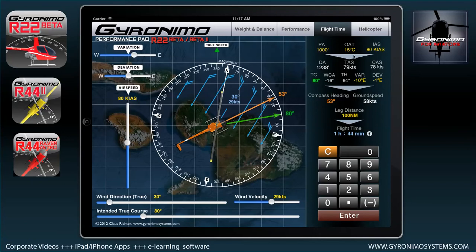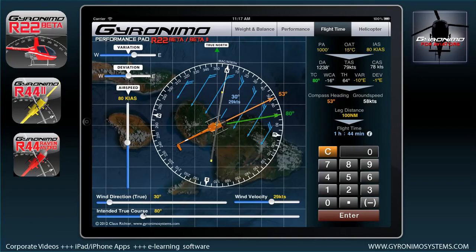And this calibrated airspeed is needed to calculate the true airspeed. The calibrated airspeed is calculated by the figures from the POH, from the R22 manual. So with the true airspeed now, we go lower here in the next column, and the true course